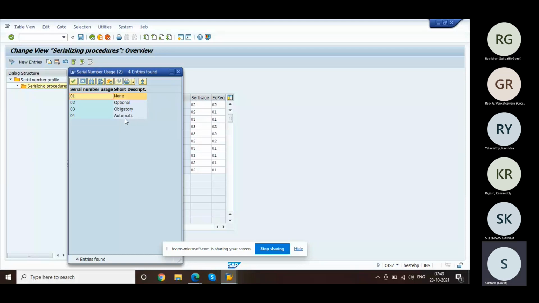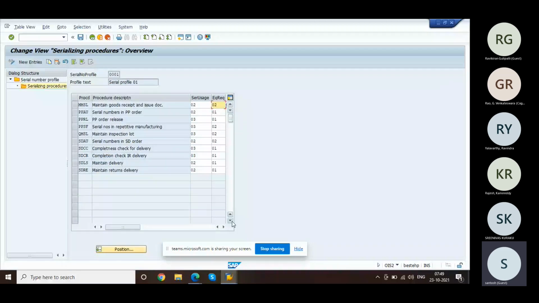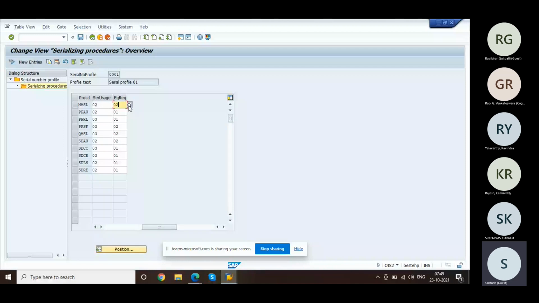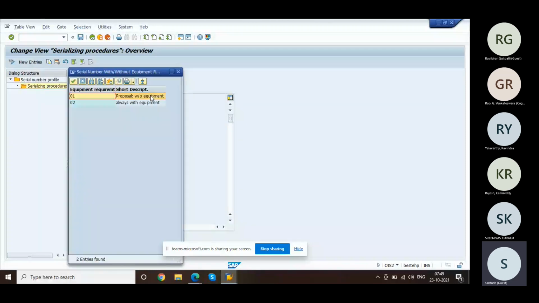And if you say automatic, the system will prompt you the serial number. You are not going to create anything. It will automatically enter the serial number from the database. So that's the difference between these two. And if you say 01 none, it means for this I don't need any serial number. So equipment creation, whether equipment has to be created manually or you want equipment to be created automatically. Here also the same setup: proposal without equipment or always with equipment. So now what we will do,